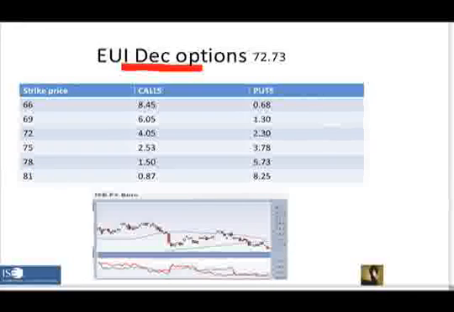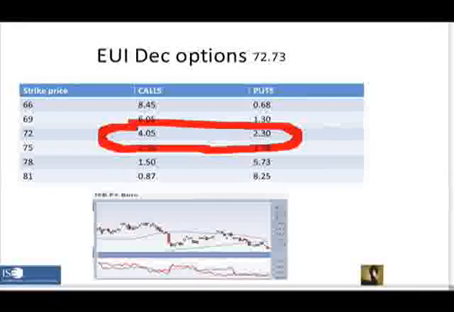What you could do is buy a straddle. Now, in every options trade, just like in any kind of investment, you need to understand your risk. So if you bought the call and the put, you could say, well, that's great because one of these is going to be worth something. That's probably true. But you've got to remember, you're paying